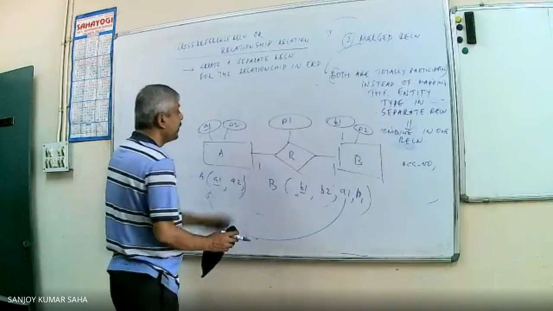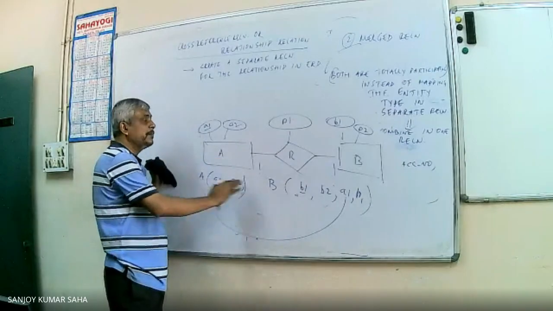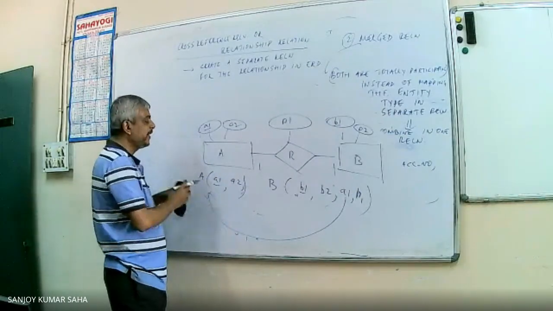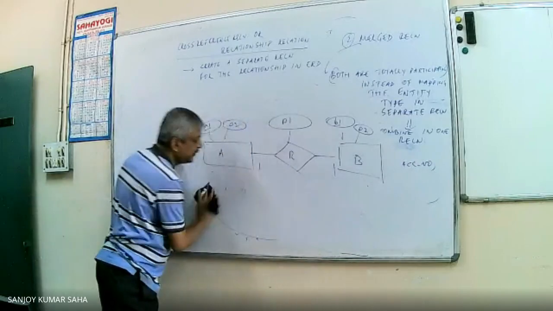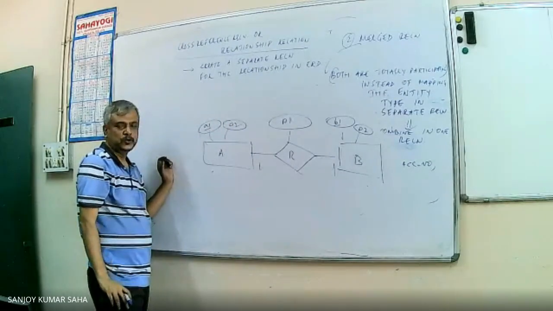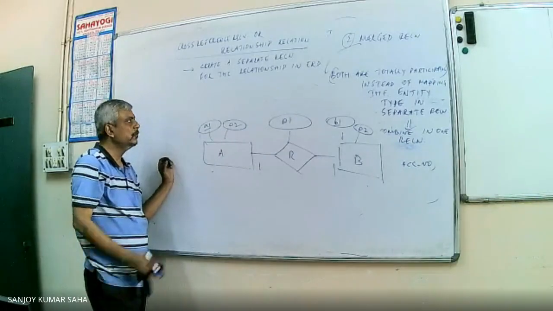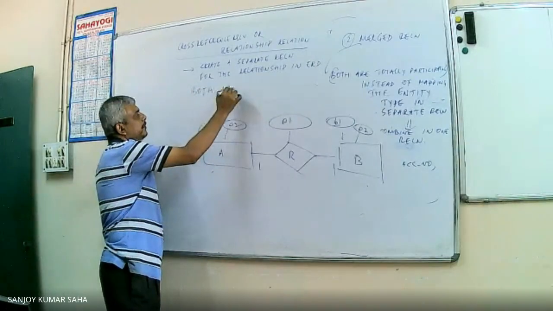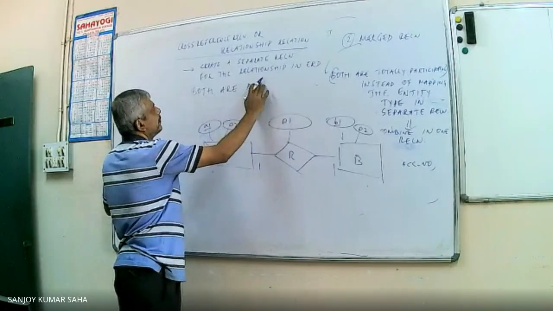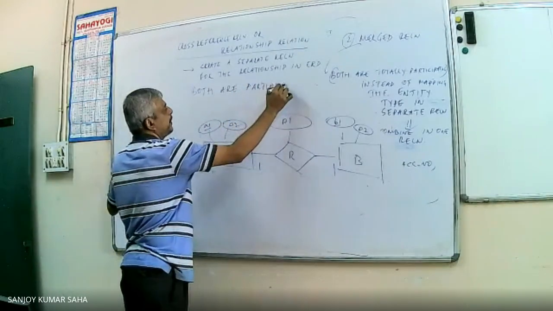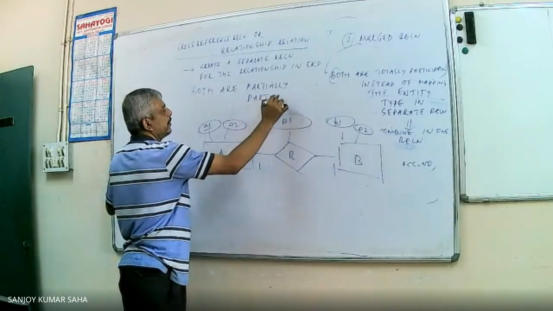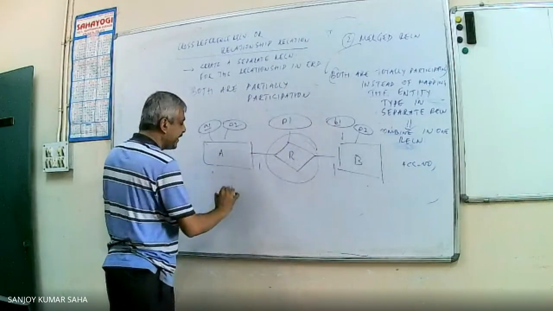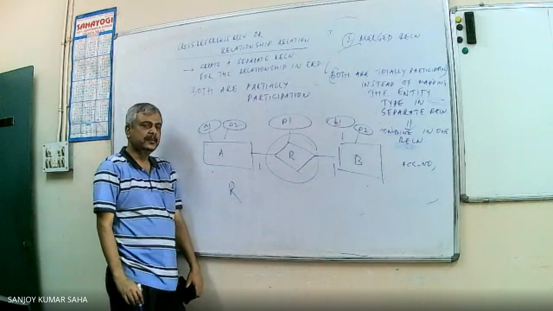But whenever I am maintaining the association, whatever may be the mechanism, if I go for a merge kind of thing, then also there will be null values. So in the partially participating case, whatever approach we follow, 1 or 2, it will give rise to null values. If we want to avoid that, when they both are partially participating, then this is the ideal one. So for this one, we create a separate relation in the relational model.